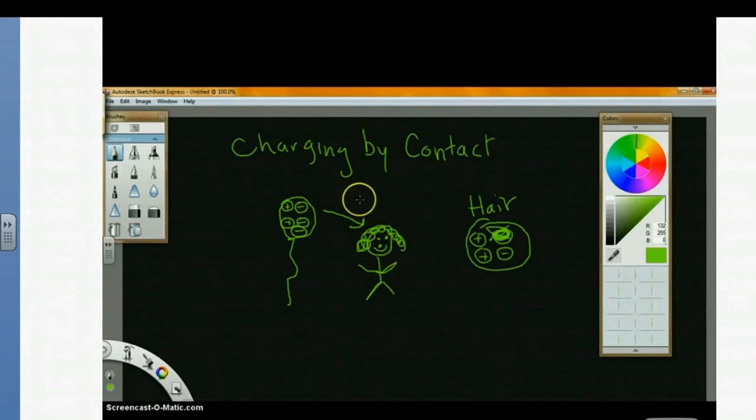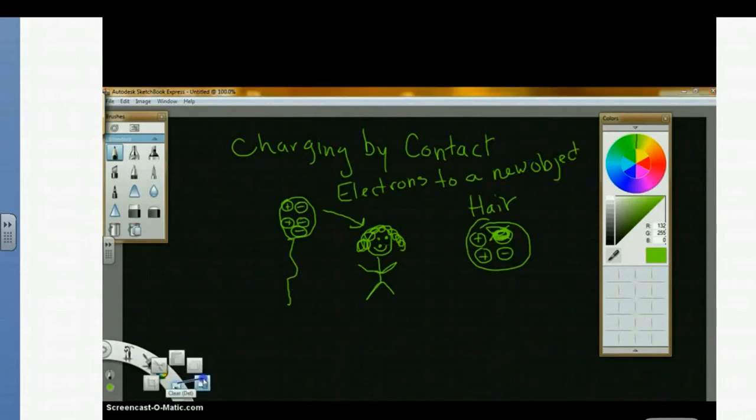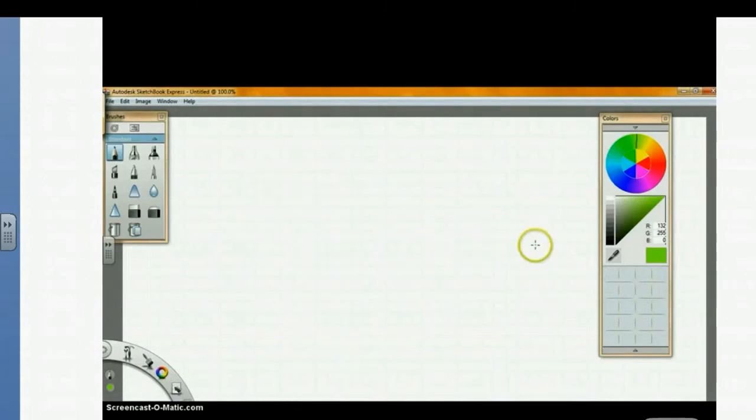So in charging by contact, the electrons move. Okay? The electrons move from one object to another. The electrons go to a new object, so they actually kind of find a new home. So that one's charging by contact. Now, on the other hand, charging by induction looks like this. Okay? In charging by induction,